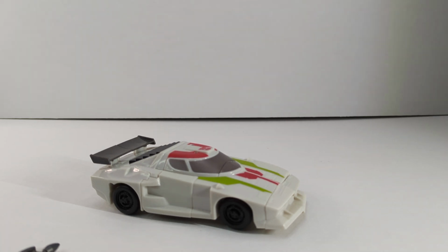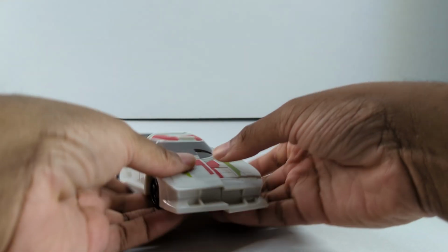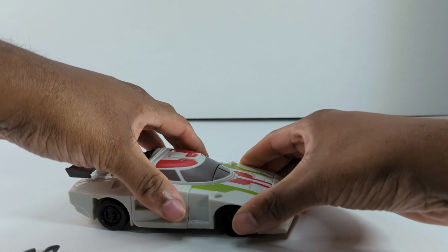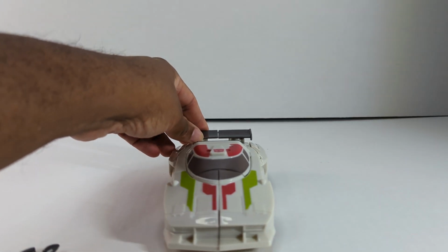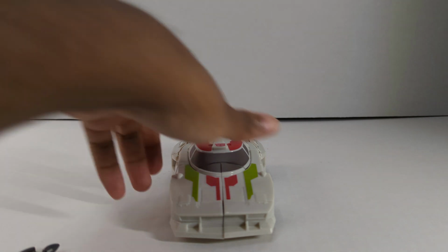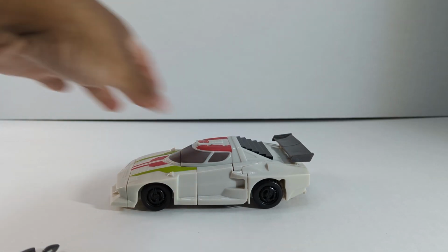Alright, so as I said, I like it in this mode too. Again, it's nothing crazy as far as transformation. It's nothing crazy as far as the design, but I think it looks sweet. And I just realized I still have this off. There we go. So you can see in the front, it just looks sweet, man. It looks really sweet. The sides,